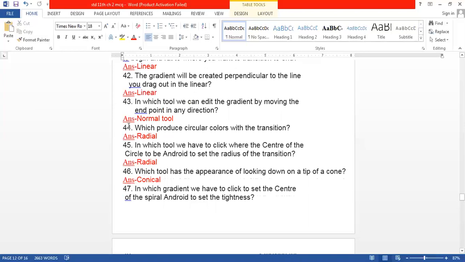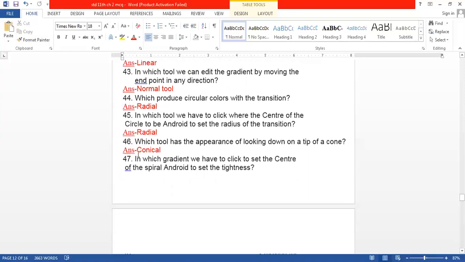Number 43. In which tool can we edit the gradient by moving the endpoints in any direction? The answer is the normal tool. Number 44. Which gradient has circular colors with transitions? The answer is radial. Number 45. In which gradient do we click where the center of the circle is to be and drag to set the radius of the transition?